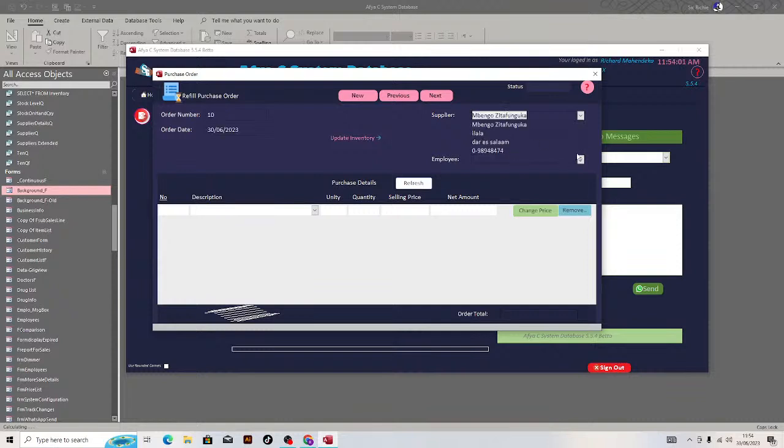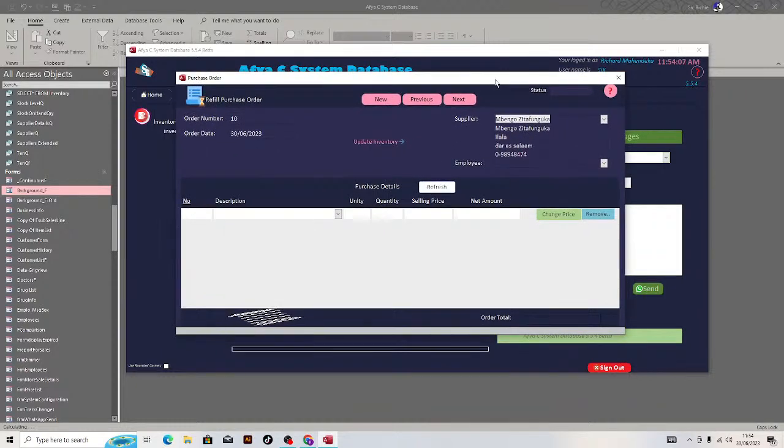So I select my customer, then here it's employee, so I want to select who is logged in. So when I select here, I see more employees, but when I select the wrong employee, this